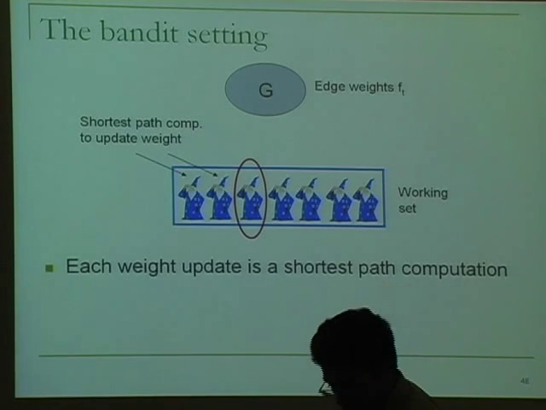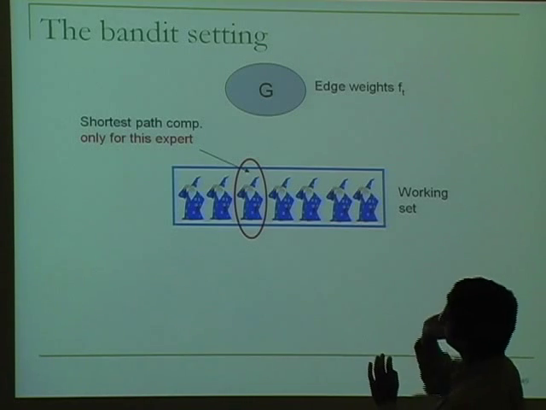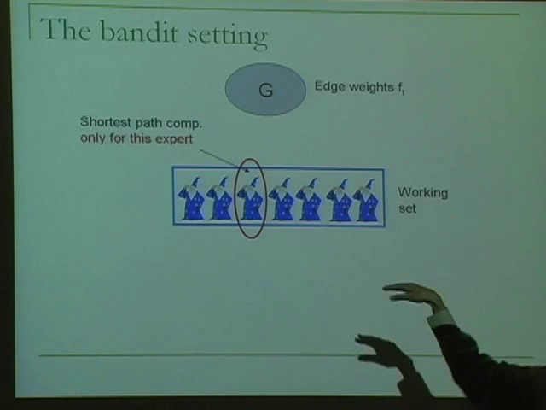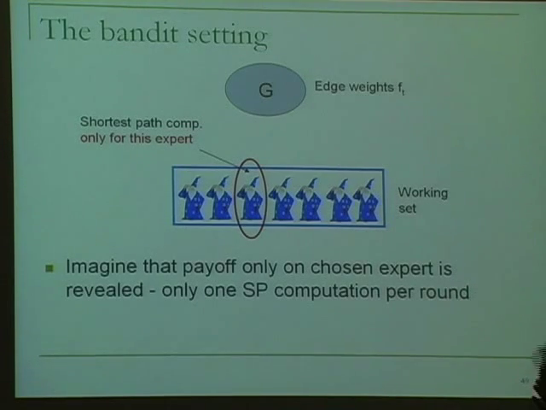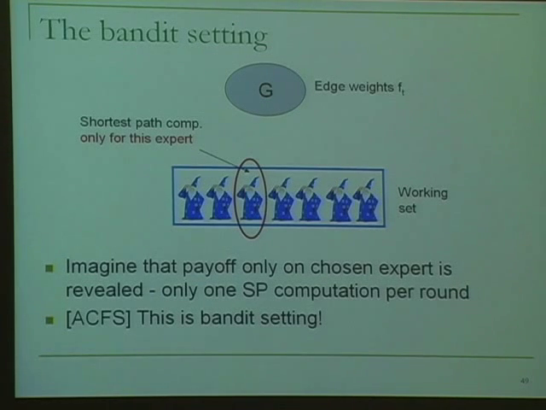So what we're going to do is just compute the shortest path that one expert predicts. We're just going to do FTL for that interval, that expert. And we're going to imagine that the payoff is only revealed to that given expert, which is what you were talking about, like a bandit setting. Even though that's really not the case here, we're just going to imagine that that's what happened. And this is exactly what is known as the bandit setting, in which you only reveal the loss of your